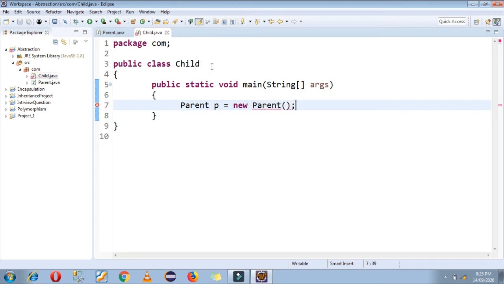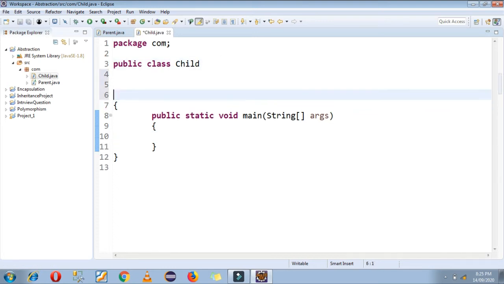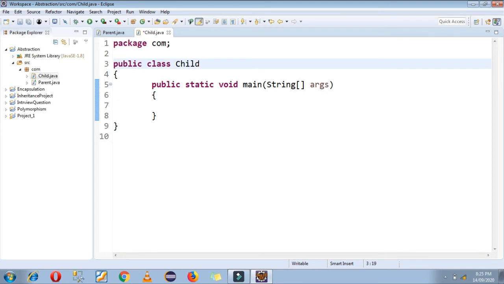Here one error occurred and it says cannot instantiate the type Parent. That means Parent is my abstract class and you cannot instantiate an abstract class in Java. So that's why you have to inherit your abstract class in another class.